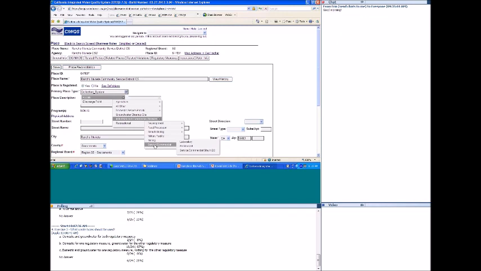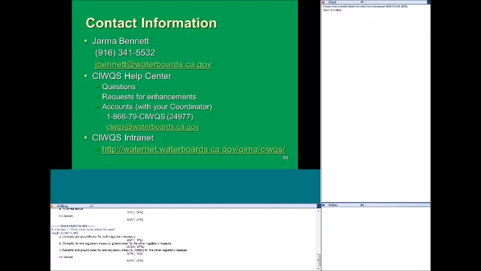So if you're going to focus on entering that data, focus on the lat and long of the places where the discharge is occurring or where you're monitoring.